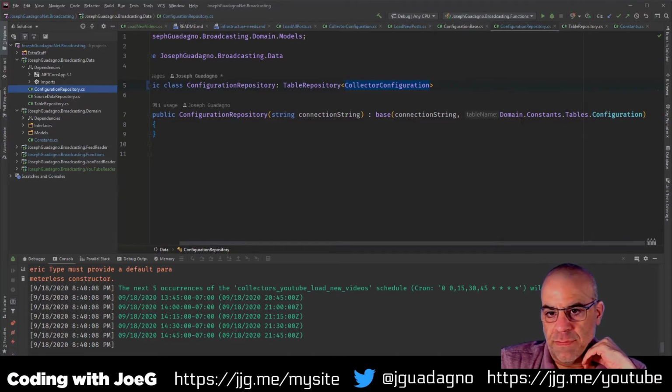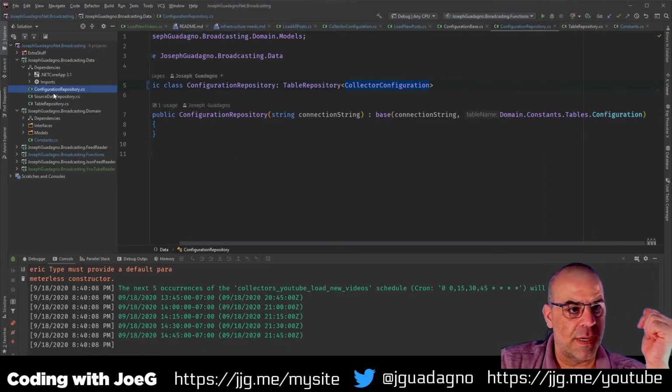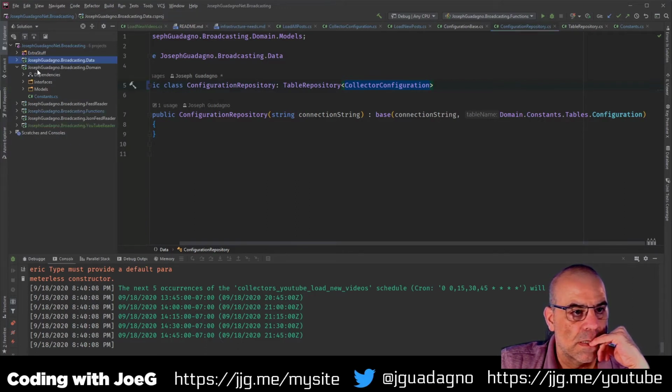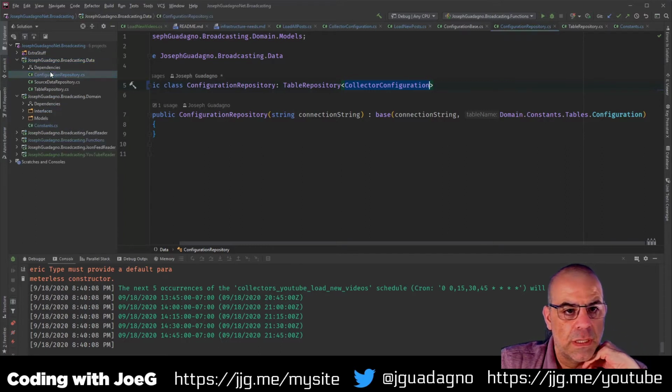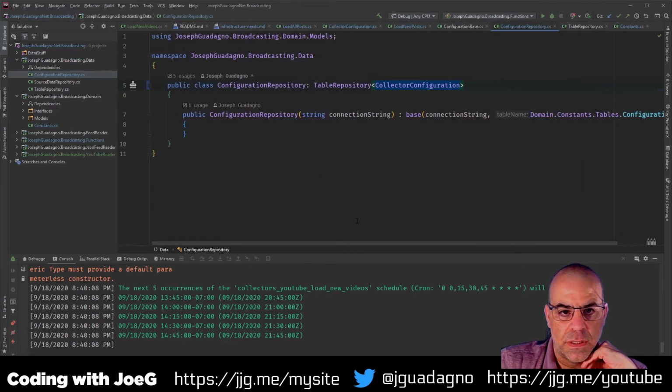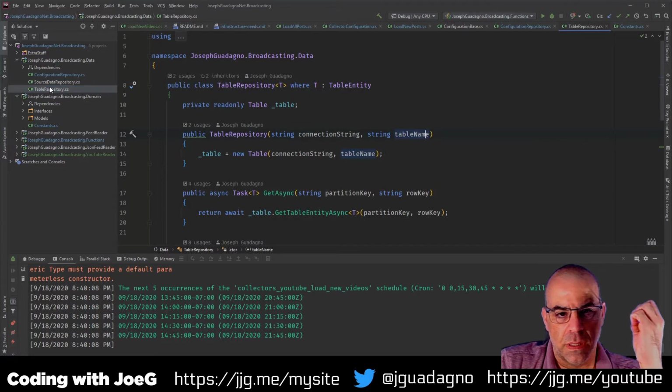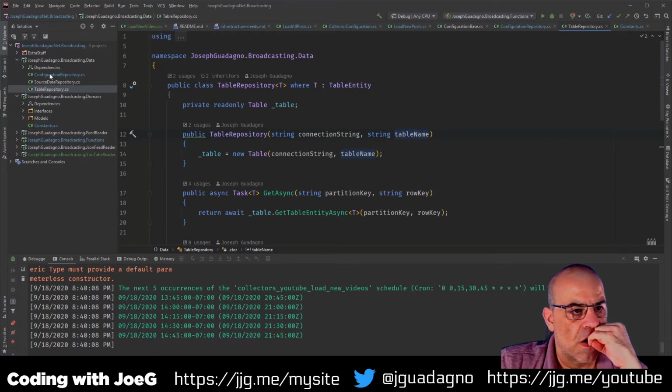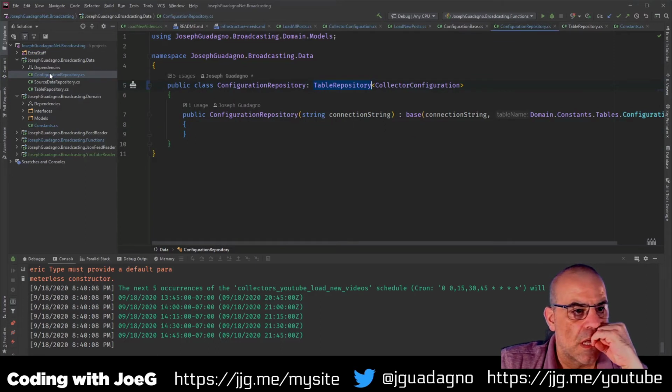So here we have the table name, so that's fine. Why did that break then? It should be good. Configuration. Table repository. Why is it broken then? Thought I saw the reason for it a minute ago, but now I'm gone.